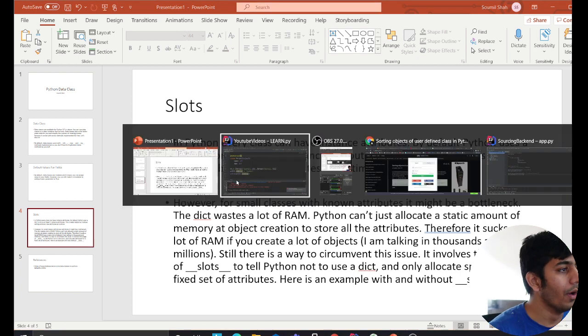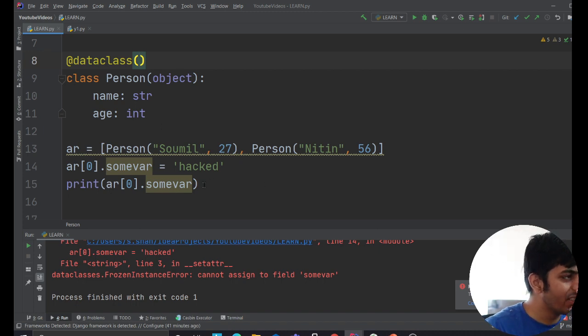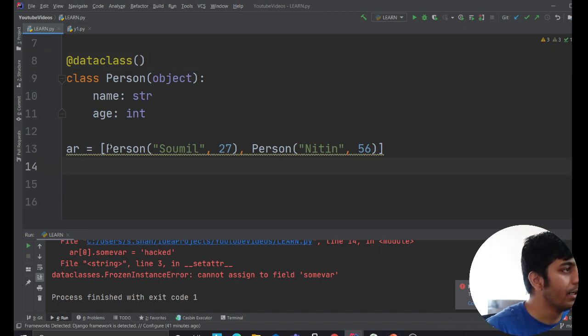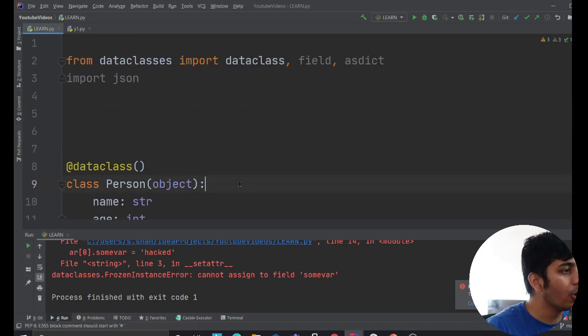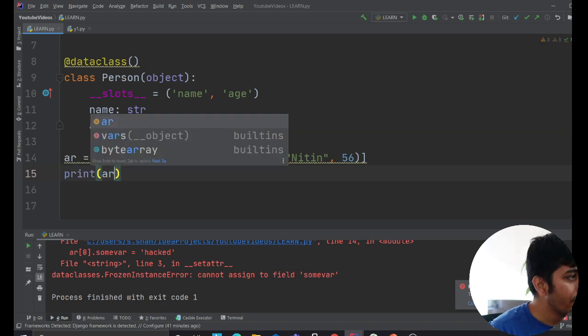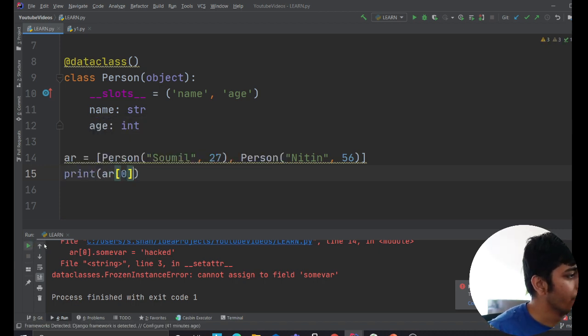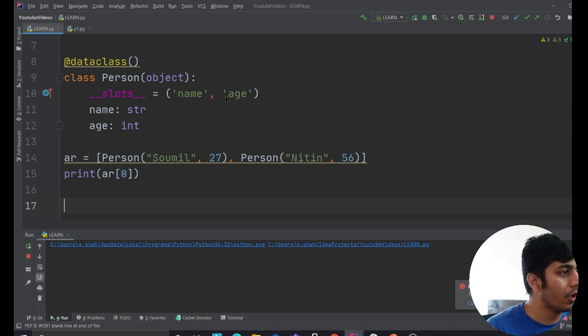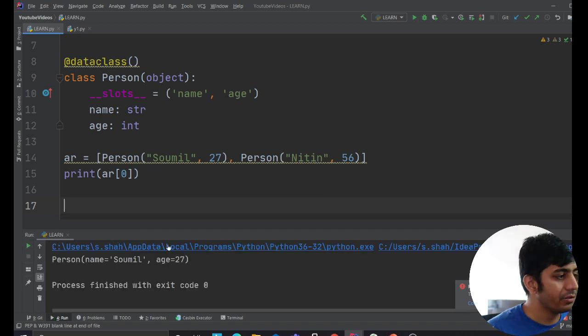Here is an example. Let me show you that. By default, as I said, it stores the value in a dictionary, right? But with slots, you can prevent it. Slots would prevent adding attributes at runtime. And now you're saying to Python, hey Python, when you store the arguments in your classes, store them as a tuple, not as a dictionary. And a tuple takes much less memory. So if I run this again, it should work, but now you cannot add attributes at runtime, and it would be much more memory efficient. As I said, it still works fine.